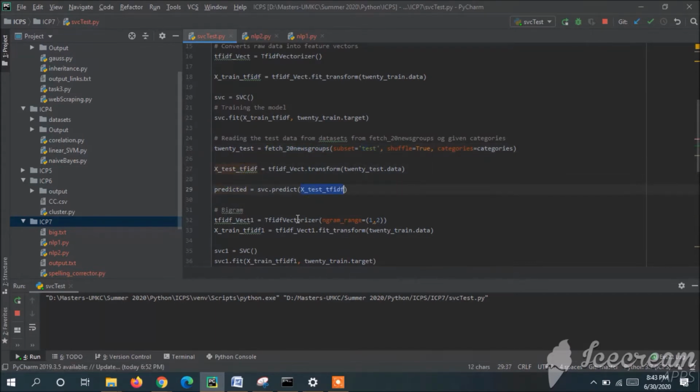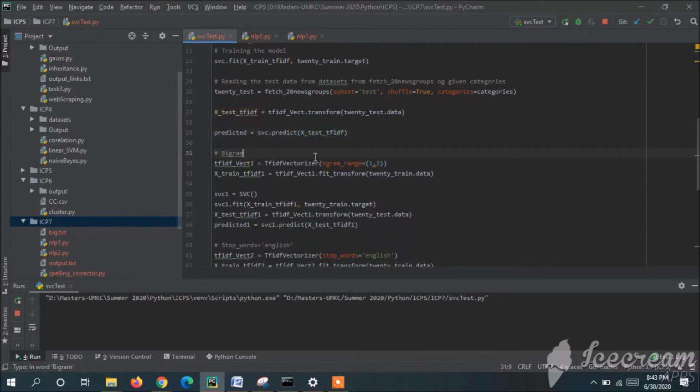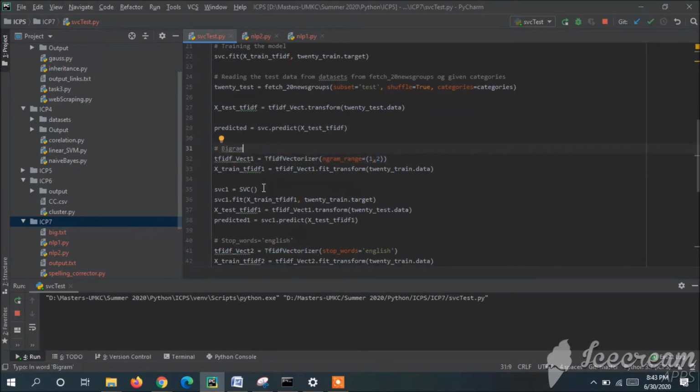After that, for bigram, we are passing this vectorizer with ngram range from 1 to 2. Again we are training the model, sending the output featured vector and the target data, and we are getting the accuracy.